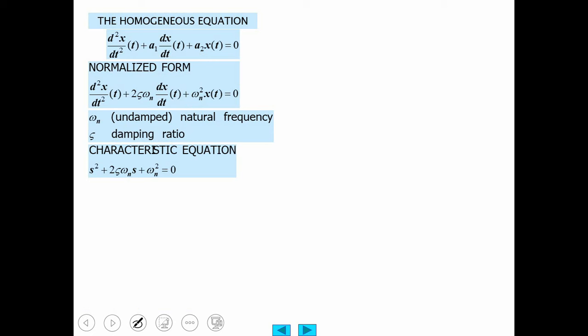So now we got the characteristic equation. We find the roots of it. How our constants relate to omega n and zeta. And remembering